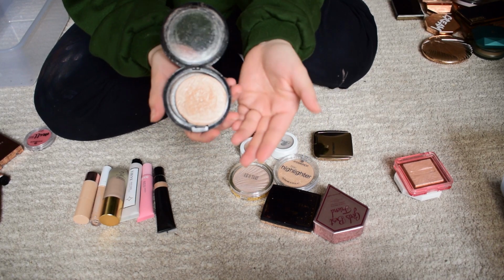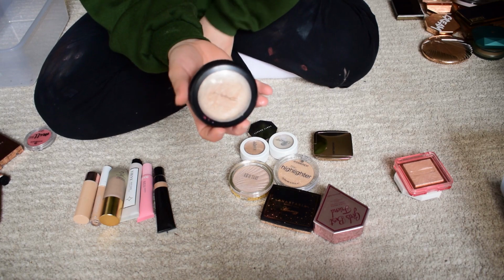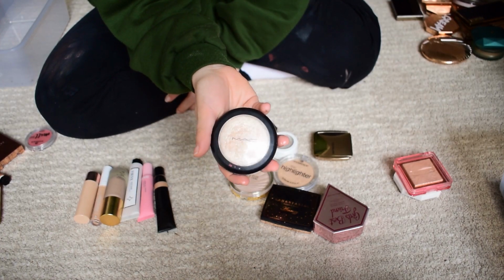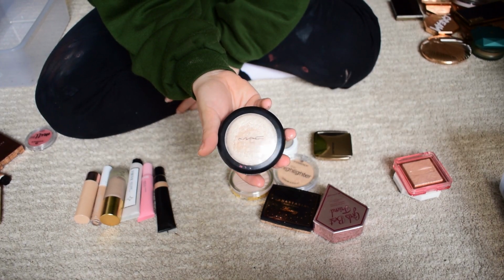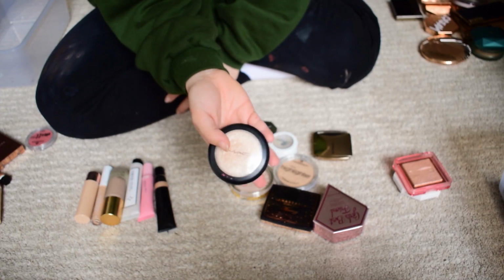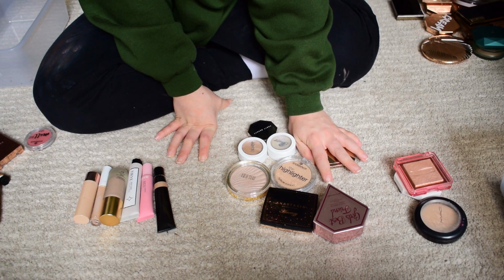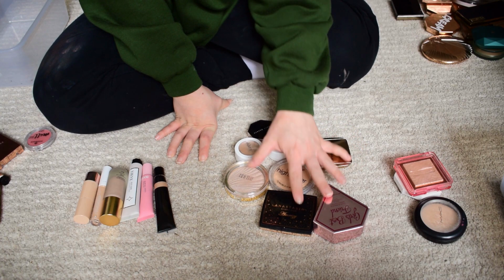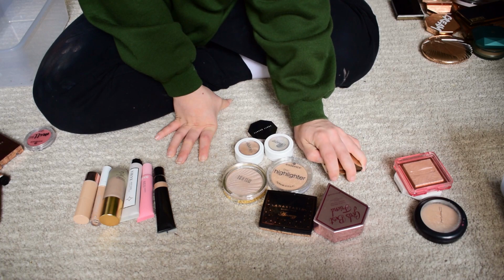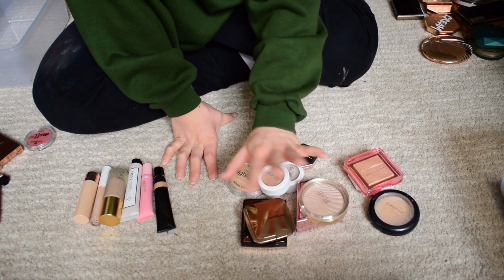This is completely broken, I don't know if you can tell, but I love this one so much. It's obviously not cruelty free, but it was a gift from my best friend, so I absolutely love the formula of this as well, and I do want to keep this one even though I'm not going to use it on camera. Maybe in a future declutter I will declutter these as much as I can and give them to friends and family. I would like to go through 3, and then I would like to get rid of